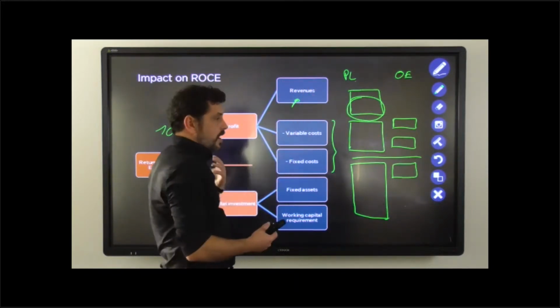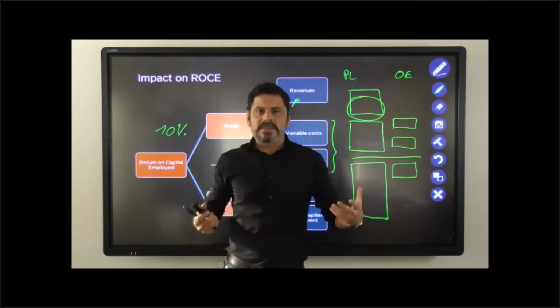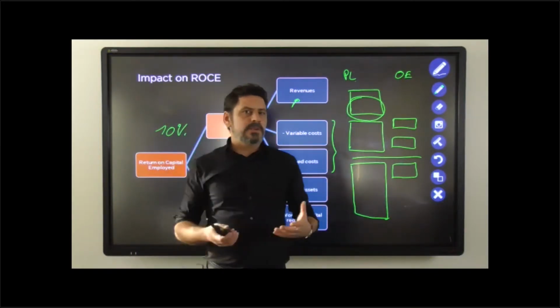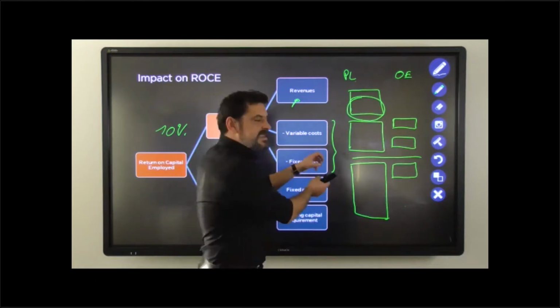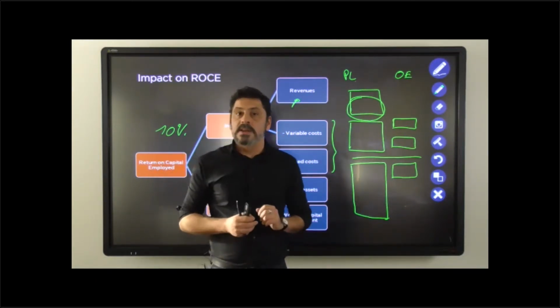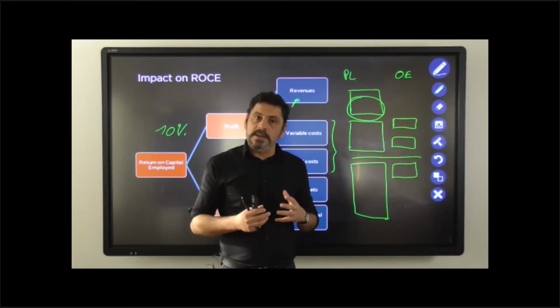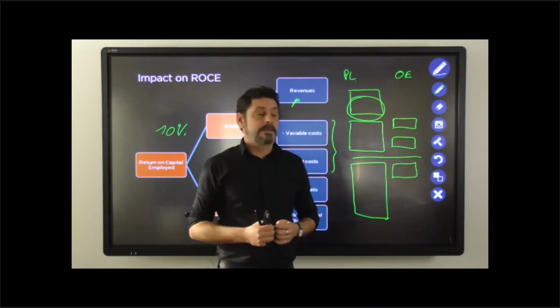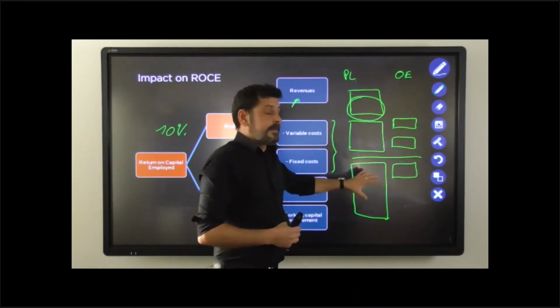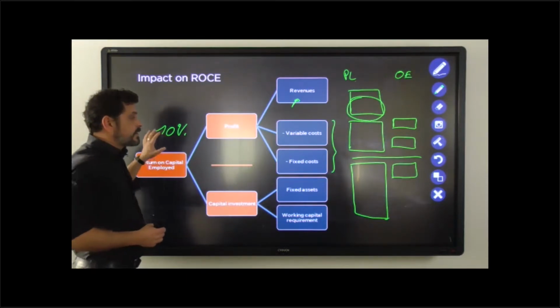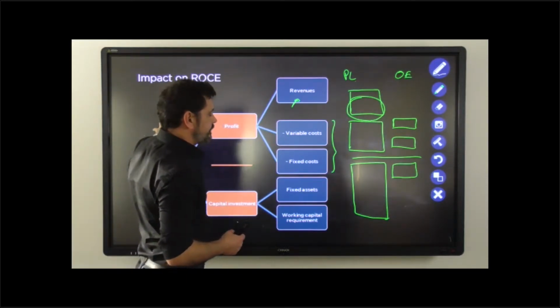I want to give a premium product, a premium experience to my customers, and I will ask a premium price for that. I don't want to endanger that by squeezing out all my inventories or by looking too much at certain costs. I want to be sure that the quality and the experience is exactly as promised. The balance in the end could be exactly the 10% again. So achieving the same ROCE